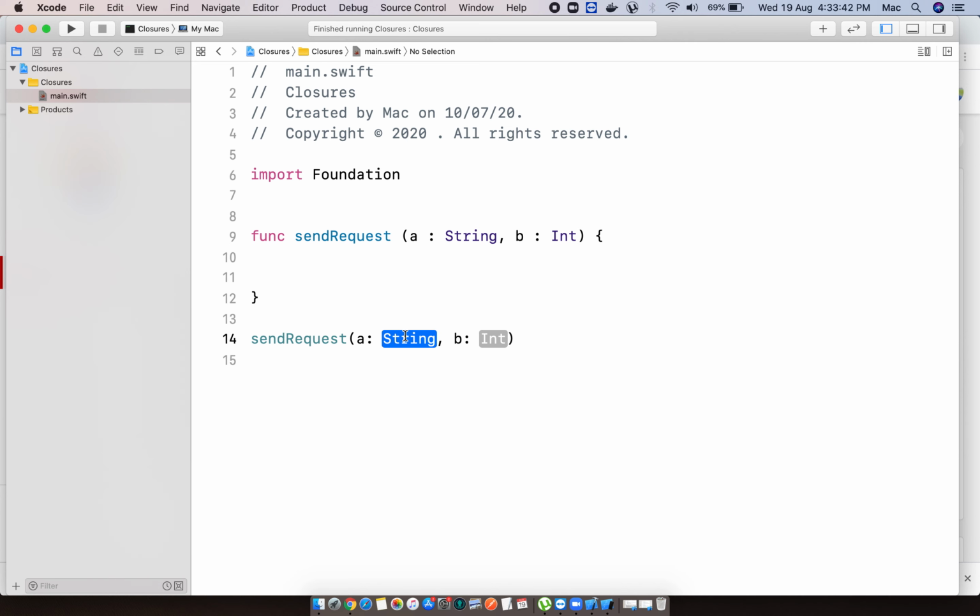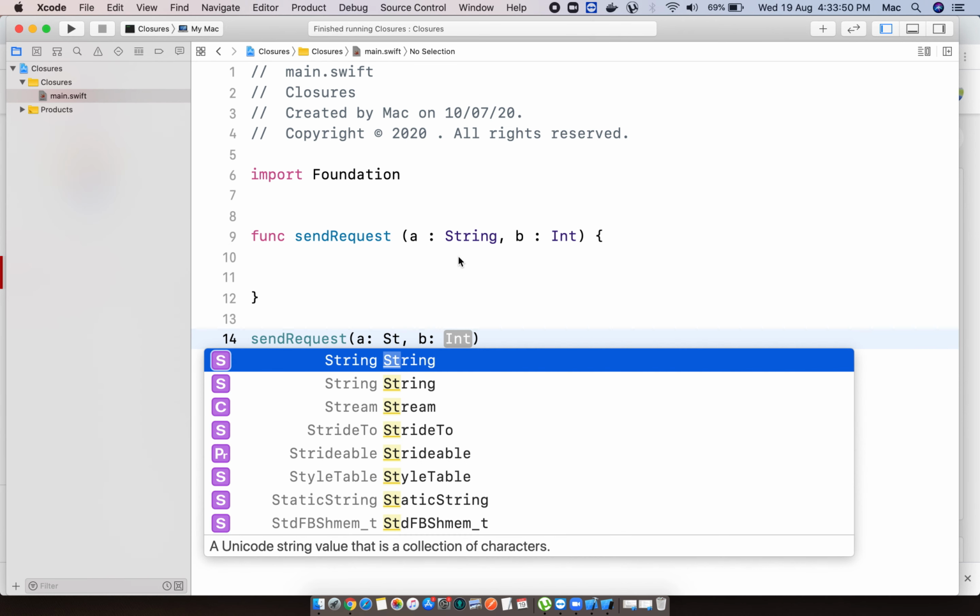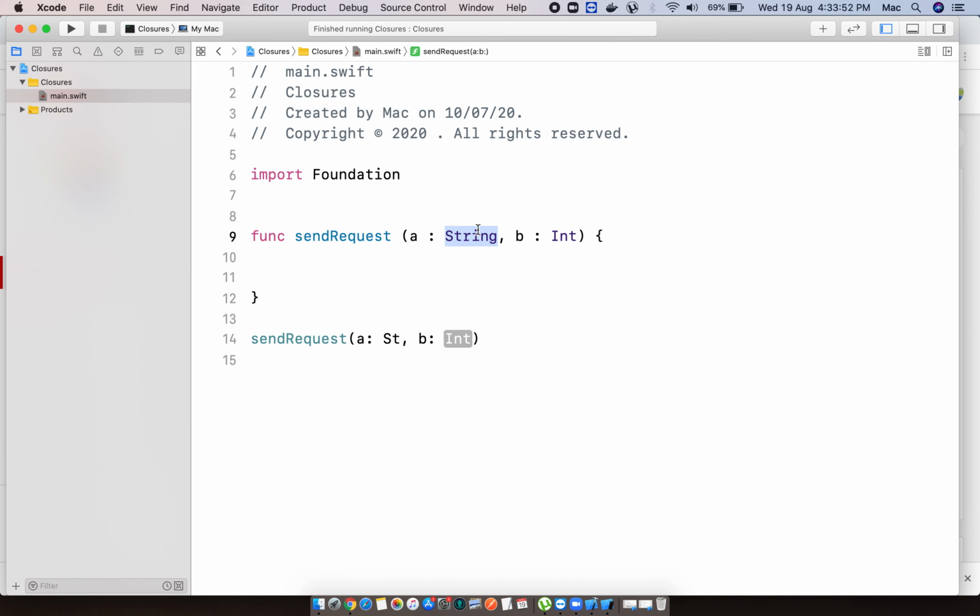Here we need to see what it is asking. This is the name of the parameter, and it is asking for the type. You need to pass data. Don't give string again, because we've already given the string type. Actually the types are given in the declaration, but here we need to pass the data. What type am I giving? We need to give a string here, like apple. What is it expecting? Integer. We need to give integer data, which means numbers. What number am I giving? 22, or any number, 23.